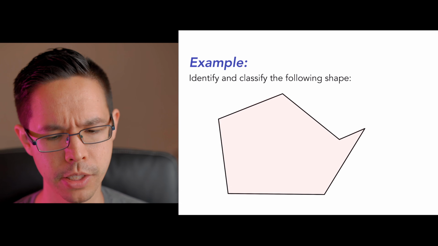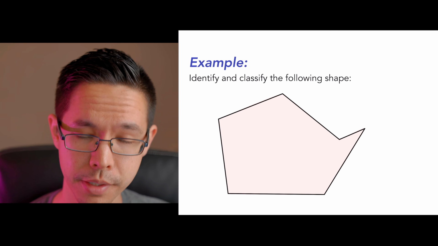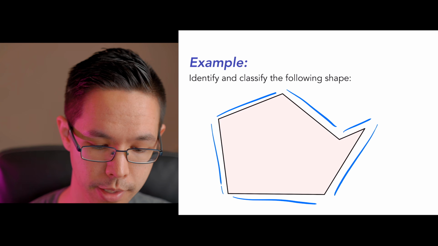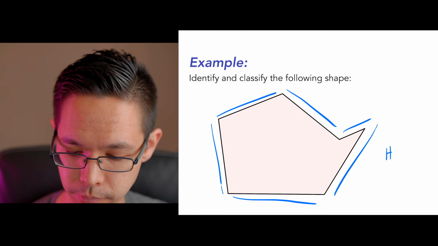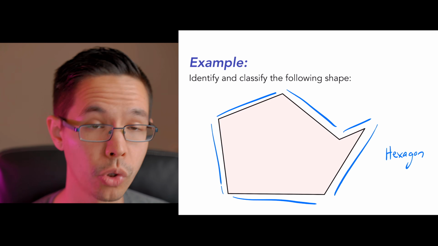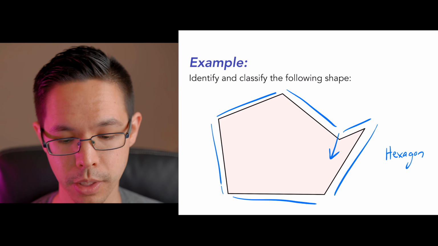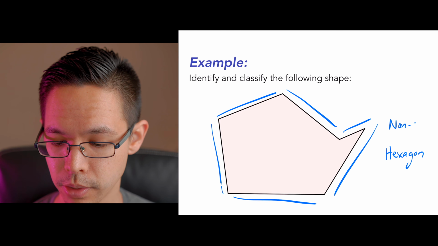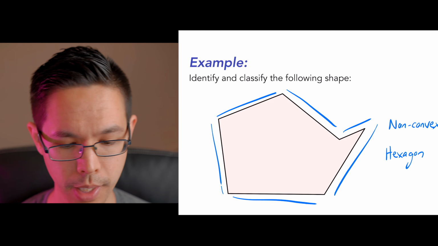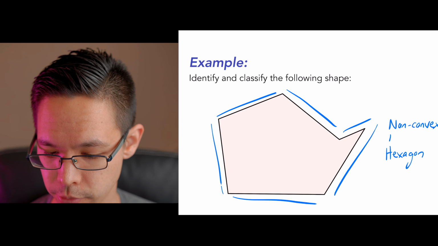Here, identify and classify the following shape. Well, one of the first things that I try is let's examine how many sides it has. So let's classify it by the number of sides. 1, 2, 3, 4, 5, 6. So we're looking at a hexagon, because that means 6 sides. Is it convex or non-convex, meaning are all the vertices bulging outwards? No, we've got a dent in this direction, so we clearly have a non-convex. So non-convex. Are we looking at a regular or irregular shape? Well, not all the lengths are the same size, so this is an irregular shape. So non-convex, irregular,